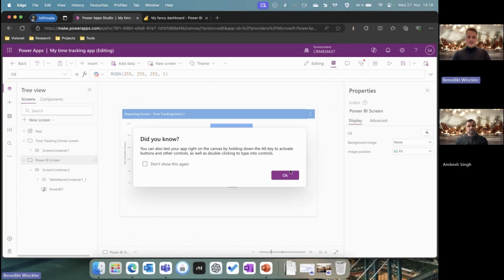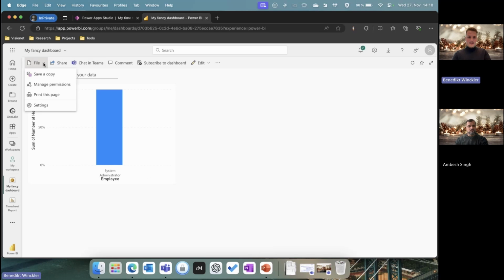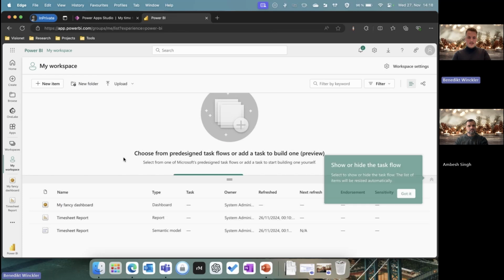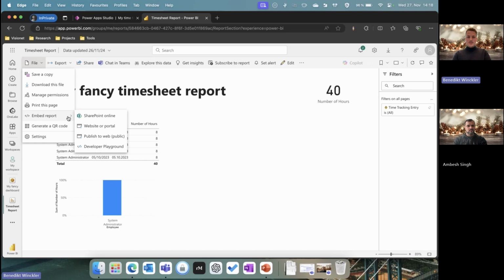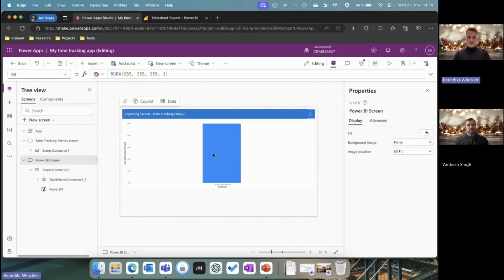So I also have the option to integrate the whole report, and to do that, I will go back to my Power BI, click on File. Oh, sorry, I'm in the wrong window still. Let me go to my workspace again and to my report. And in here, I can go to File, click on Embed Report. I have now the option to select Website or Portal. I will do that, and in here, it auto-generates a link which I can reuse to integrate the report in my app. So I will just copy this link, and I will go back to my Power App,